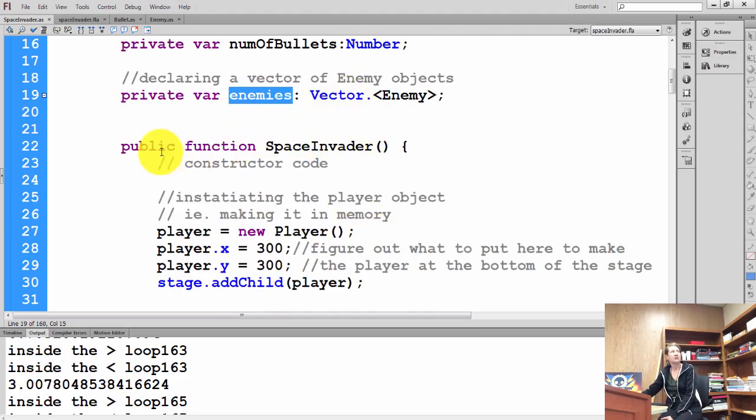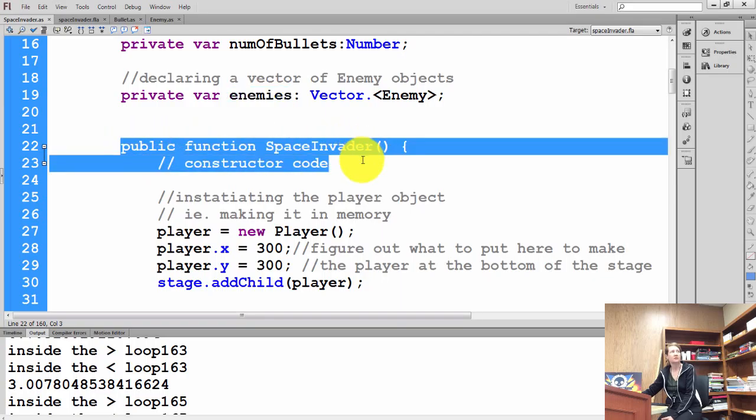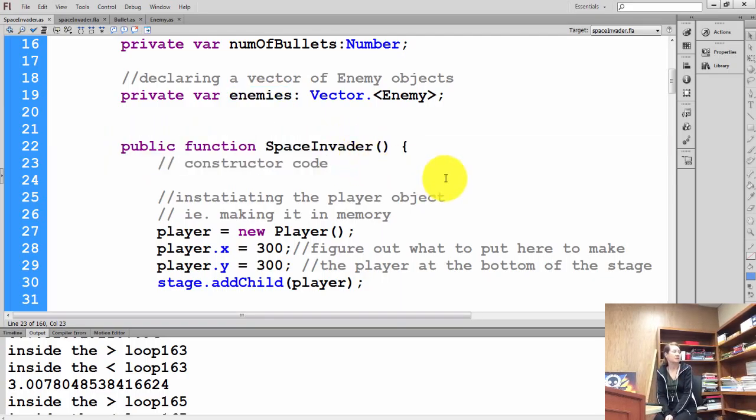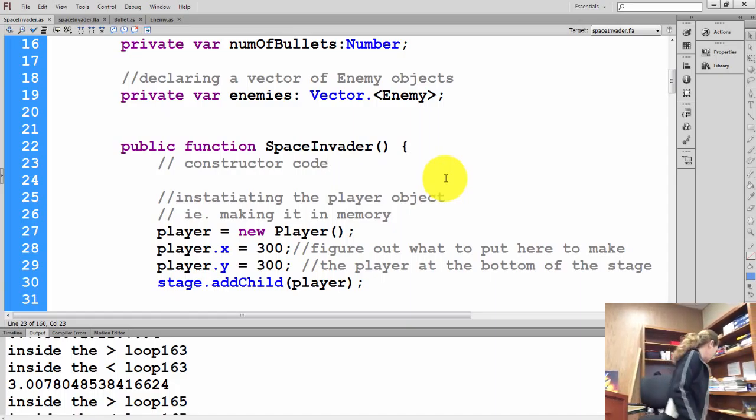Now remember that our constructor is the code that is run when we create our game. So when we compile our game,